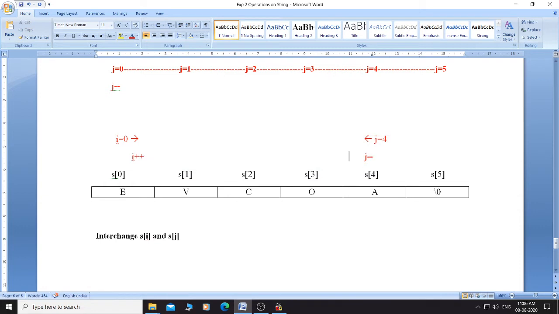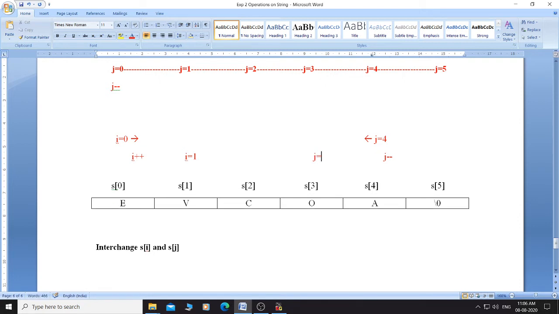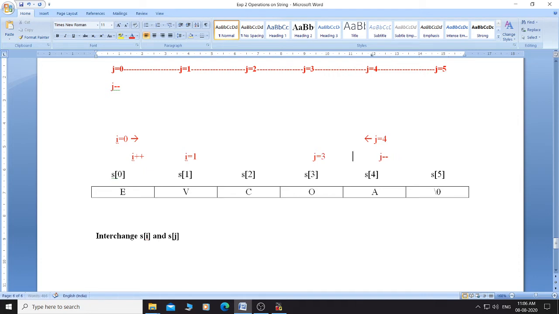So what will happen now? I will become 1 and J will become 3, because J is minus minus and I is plus plus. Now I is equal to 1 and J is equal to 3.